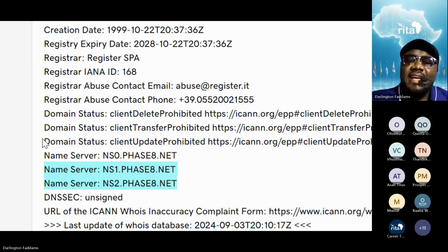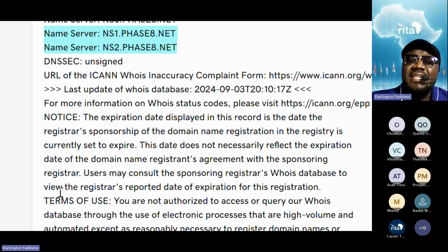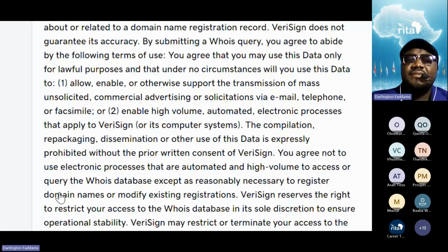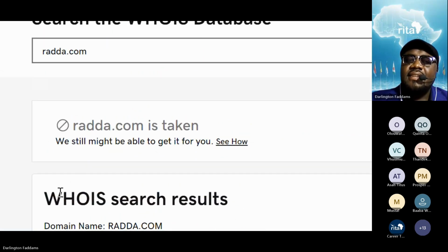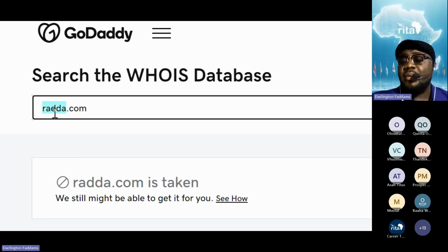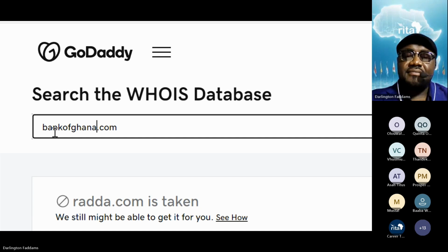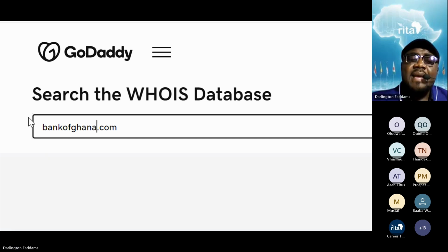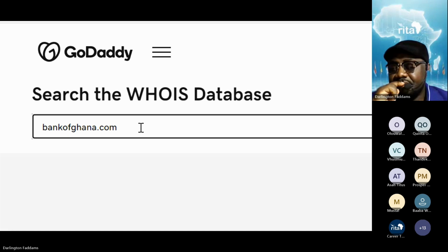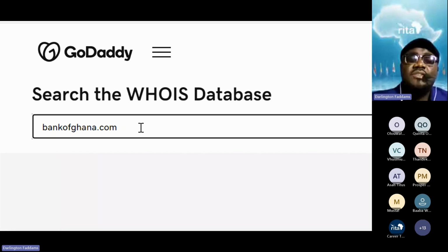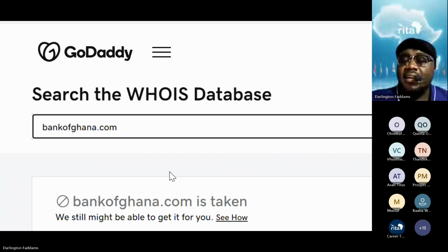All right. Now, we are supposed to get more information, but we are not getting the information. Why is that? Let's research on another website and see if we will get more information. So one of the sites that we research on, for example, in the morning, I made them search on Bank of Ghana because there was a time I bumped into this domain and I discovered that bankofghana.com was not registered by the Bank of Ghana in Ghana.